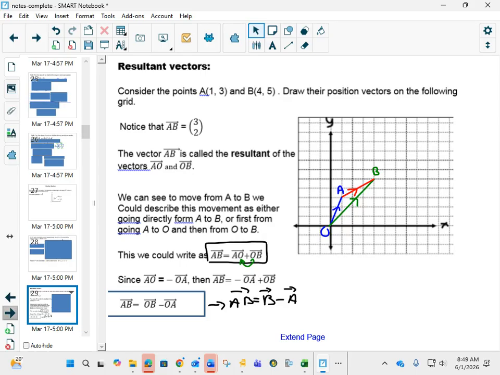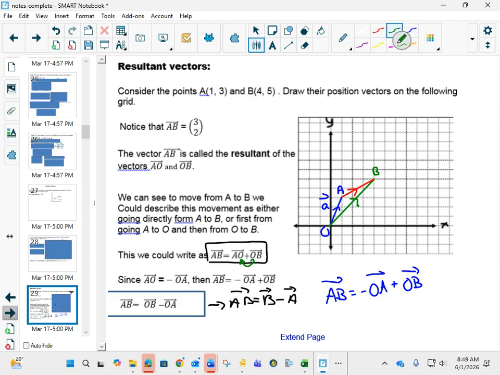We can always, and I'm going to write it here again, we can always get from A to B by going negative O to A plus O to B. And sometimes we will denote these vectors as this is vector A and this is vector B. So A to B is negative A